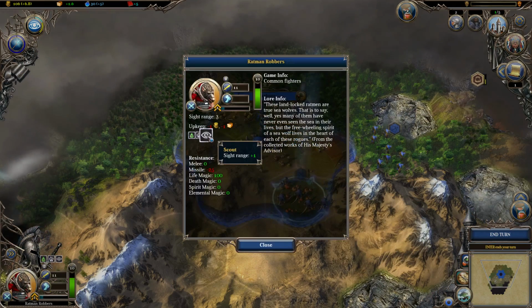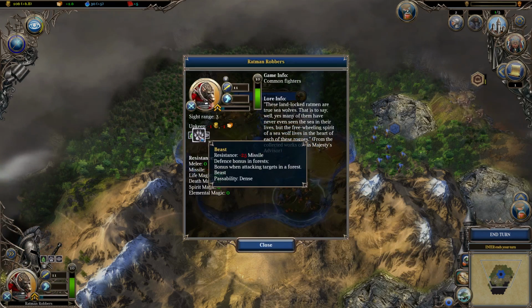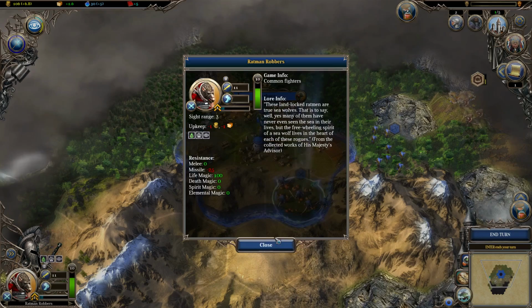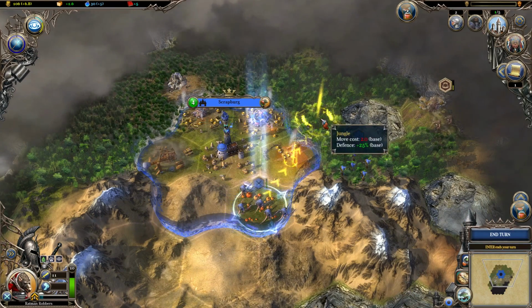Ratmen Robbers are kind of nice. They have an extra 1 sight. They are considered to be a beast, which means they take more damage from missiles, but they have a bonus to defense in forest, and also a bonus when attacking targets in a forest. And this value here that says passability dense means that they have bonus movement in dense types of